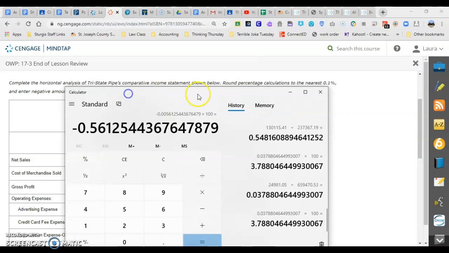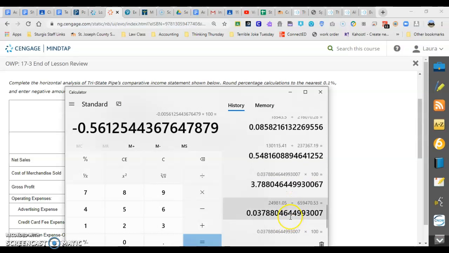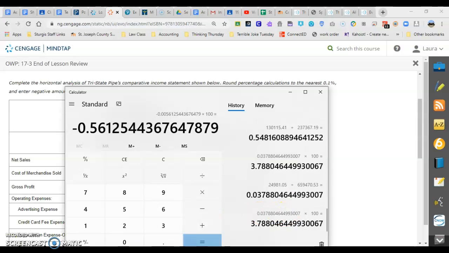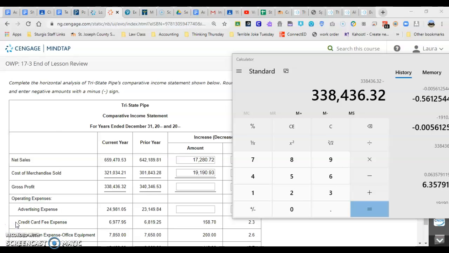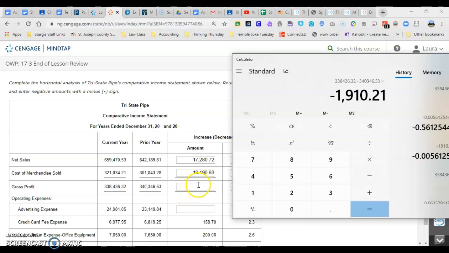Well, I didn't put the difference in there. It was a negative. I'm just recalculating. So I'm going to recalculate this difference so I can put that in there and show you what that looks like. So minus